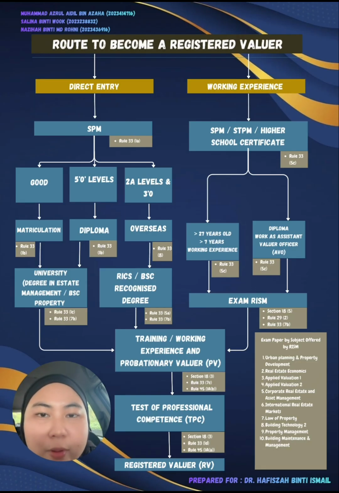In Malaysia, the valuer examination is conducted by the board and consists of 3 main stages: first, intermediate, and third, final or direct final examination. All examinations are written.